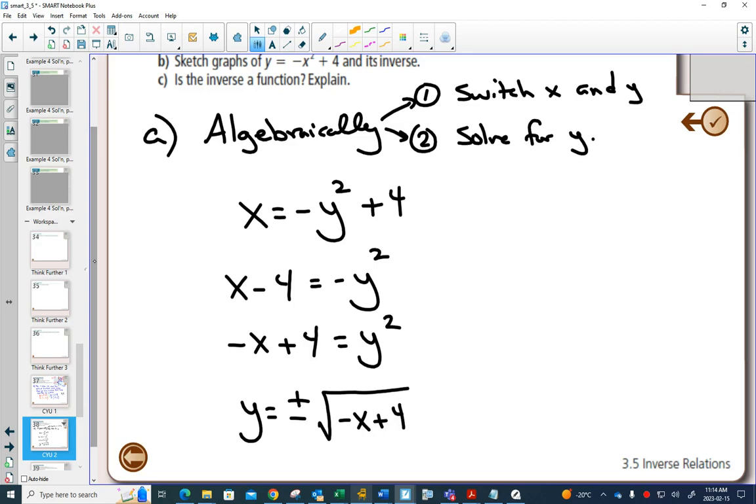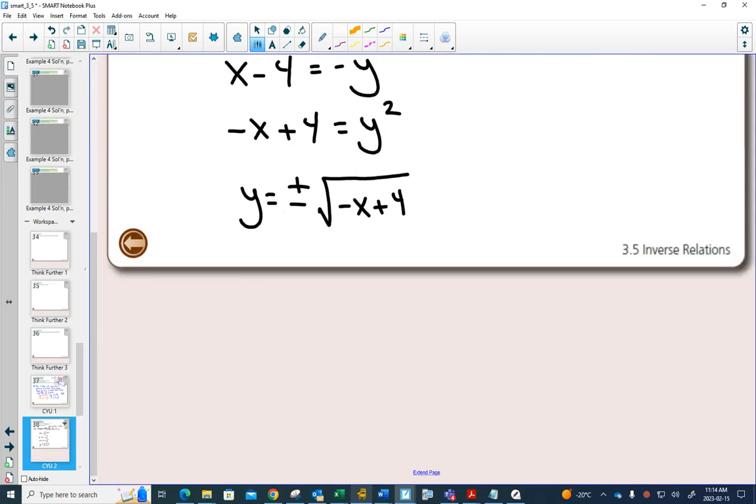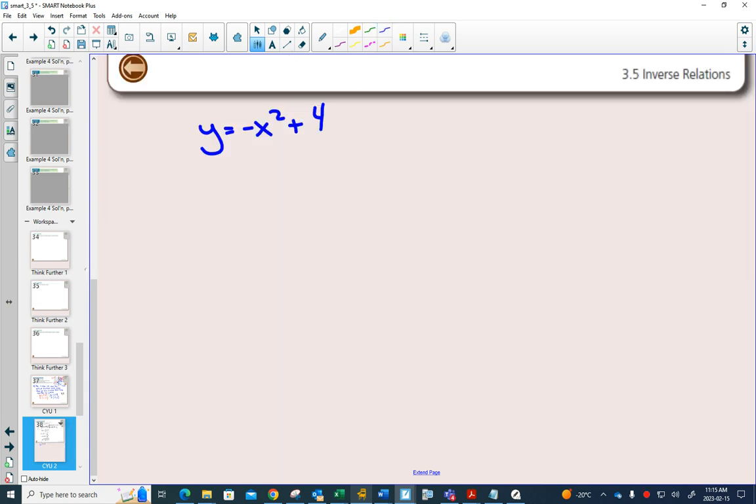Next, it says sketch the graphs of negative x squared plus 4 and its inverse. So I'm going to do y equals negative x squared plus 4 on one graph, and I'm going to do it in blue. And I'm going to use my transformations. In my head, I have my x squared graph, my regular x squared graph ready. Can you see that this would be a vertical reflection, because it's outside the function, and then a vertical translation 4 units up. I want you to be able to see that parabola, flip it down, translate it 4 units up. And you see that it would have a vertex at 0, 4,